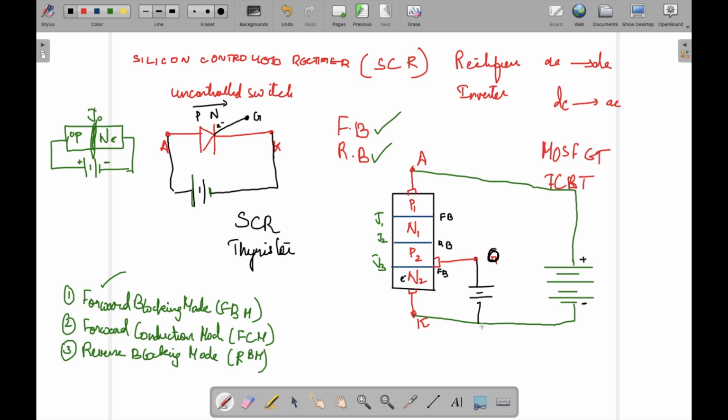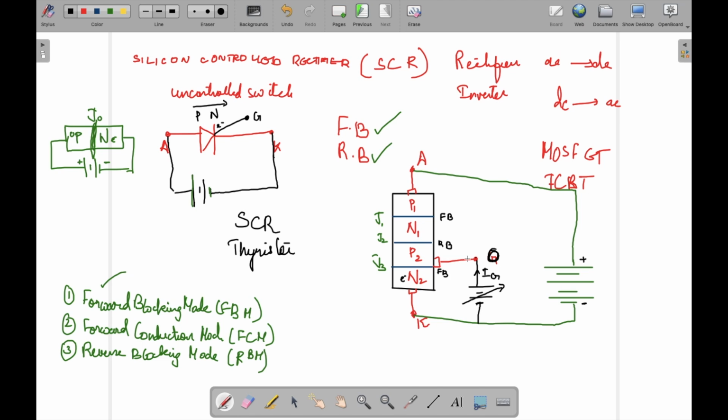So here we can see the negative of both the main source and the gate source are connected to the cathode. So they will have the same potential; they will be connected to the same point. Now here we have the gate connected, and then I have a variable source, which can be varied, that is, the voltage can be varied, by which the gate current Ig can be varied. So when I vary this, the gate current can increase and decrease.